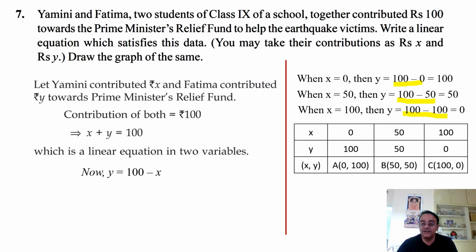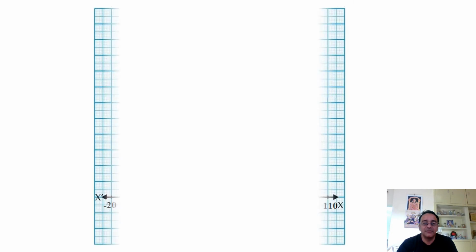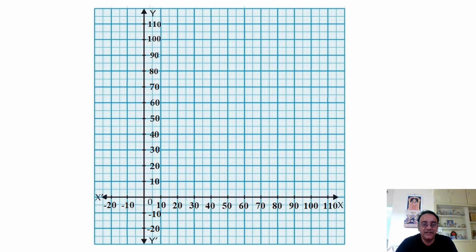Now we are going to plot the graph of these 3 points, right. So सबसे पहले ये तो ग्राफ हो गया. So what we have taken, the unit is 10. So for x and y axis both I took 1 centimeter is equals to 10 units. So the first point was 0 100. So x coordinate is 0, that means it belongs to y axis. So y axis पे कहाँ पर होगा, 100 पे, राइट. यहाँ पर होगा जहाँ पे मैं येलो से हाईलाइट कर रहा हूँ, 0 100.